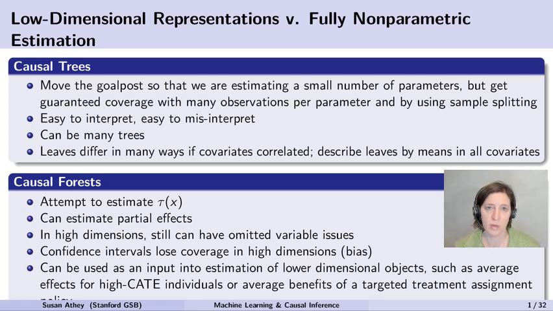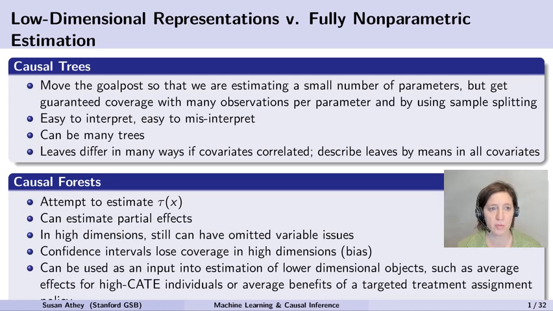One is that we might want to understand partial effects. We might want to understand how treatment effects change if I hold some x's fixed and I change others. Another motivation is that we're going to use these as an input into estimation of lower dimensional objects, like we're going to use estimates of CATEs in order to pick the highest CATE individuals and assign them to a treatment, or we might use them to estimate optimal policies. So they can either be of interest in their own right,